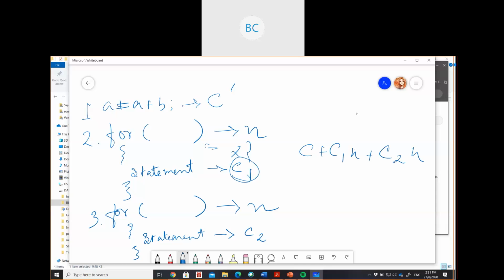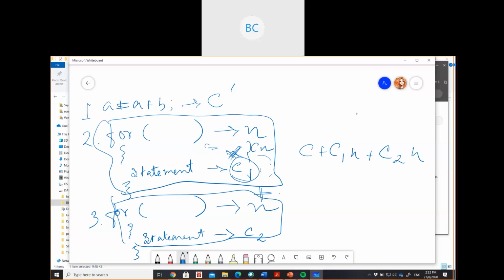If your statement is not part of a loop, you just add up the individual time units for each line. If it's nested, you need to consider the inside portion too and multiply. For a single one, you multiply Cn, and for the others we just add up. Okay.